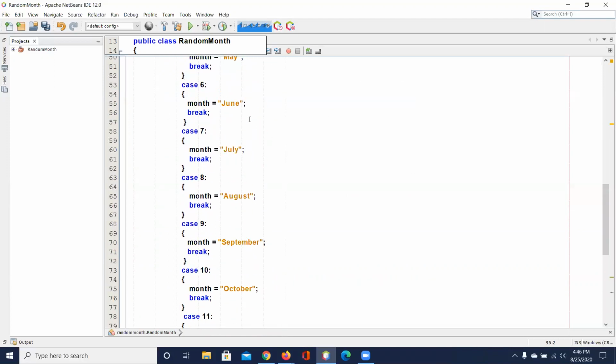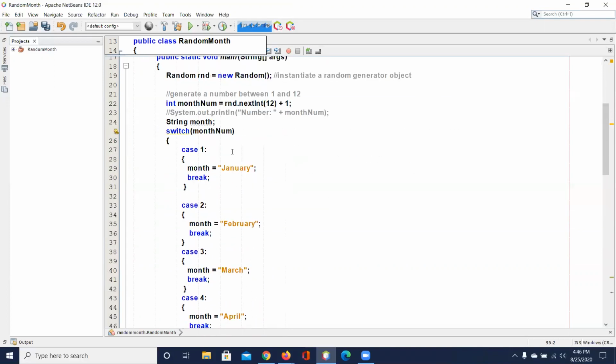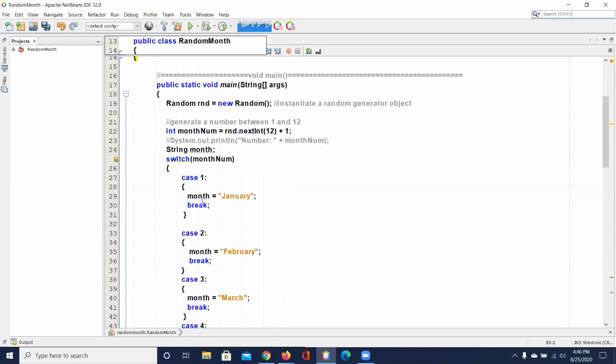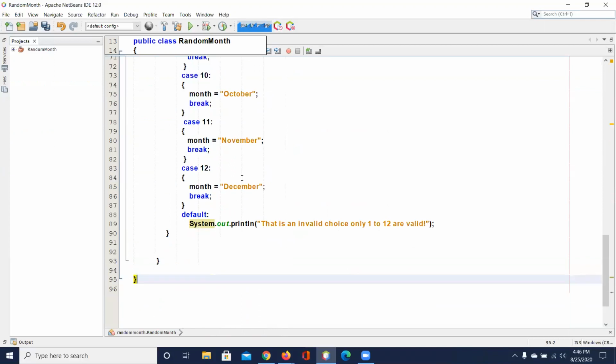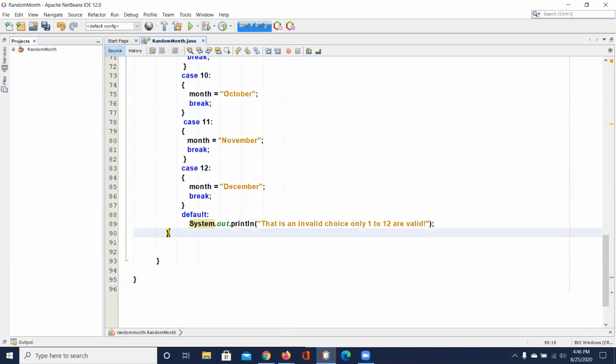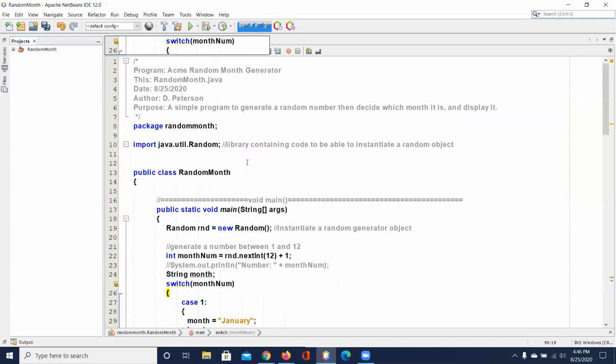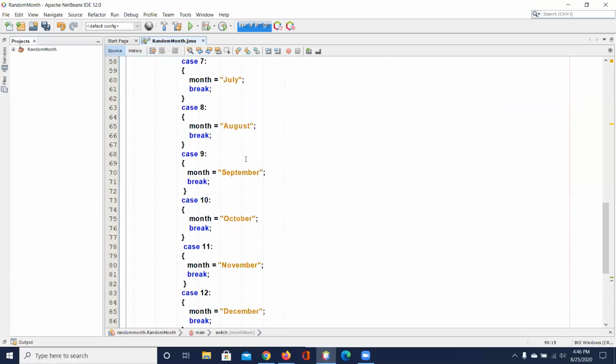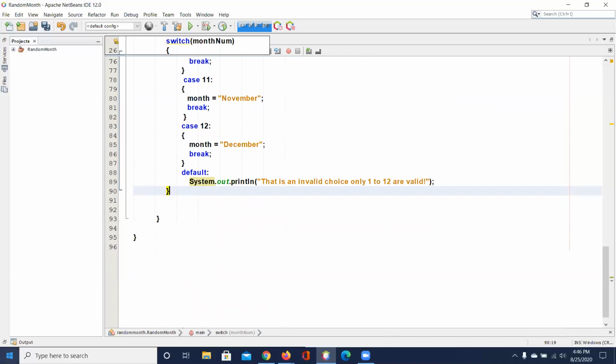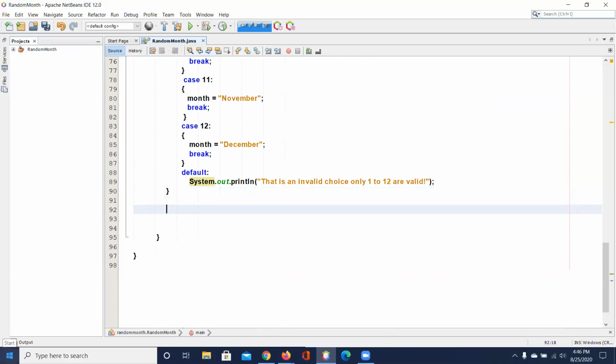Okay. And instead of putting a print in every one, all I'm doing is assigning a value to month. When I'm done and I get back out, let's see where I'm at here, outside the switch, I can now put